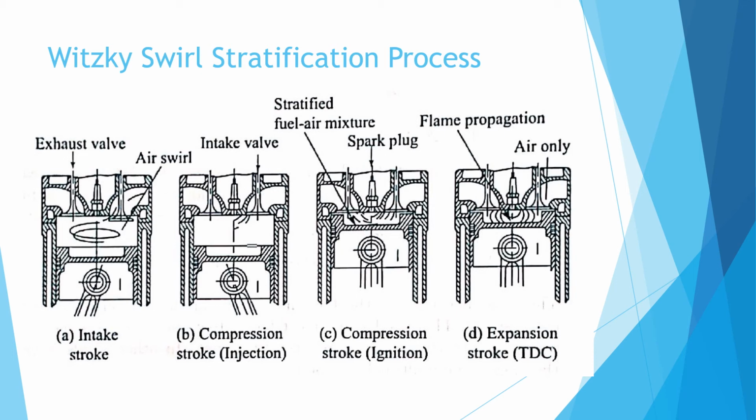The swelling air forces the fuel droplets to follow a spiral path by virtue of drag forces and directs them towards the center of the combustion chamber. A spark plug is located at the carburetor for initiating the combustion. This produces a good degree of stratification.